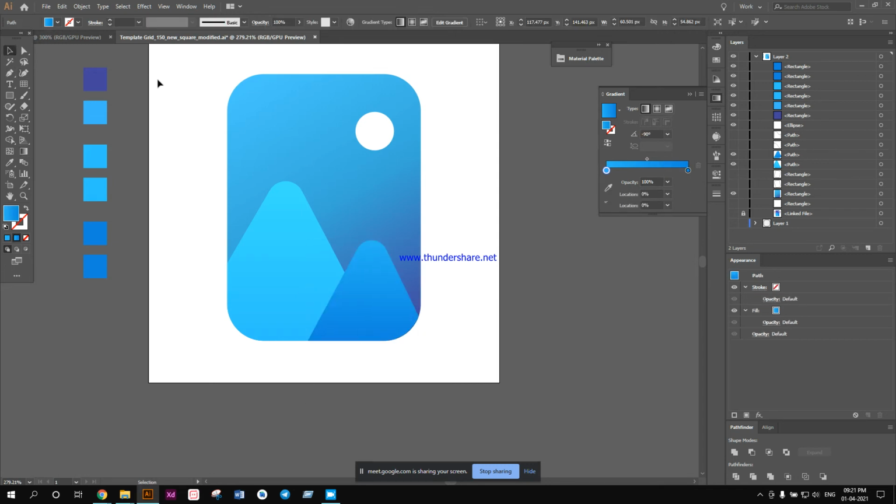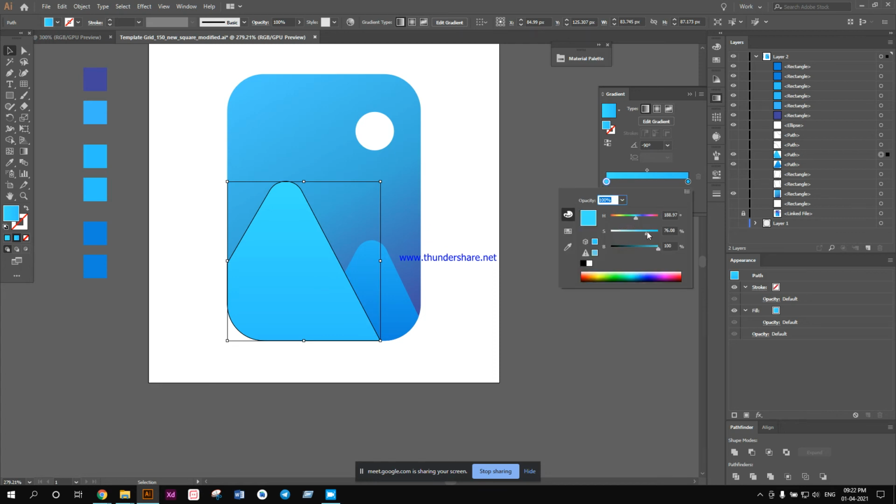Now in the actual design, what was that? It was that this small mountain was behind this mountain, so I have to place this mountain behind this mountain. Okay. So whatever is on top is at the front. Okay. This I want a little darker.